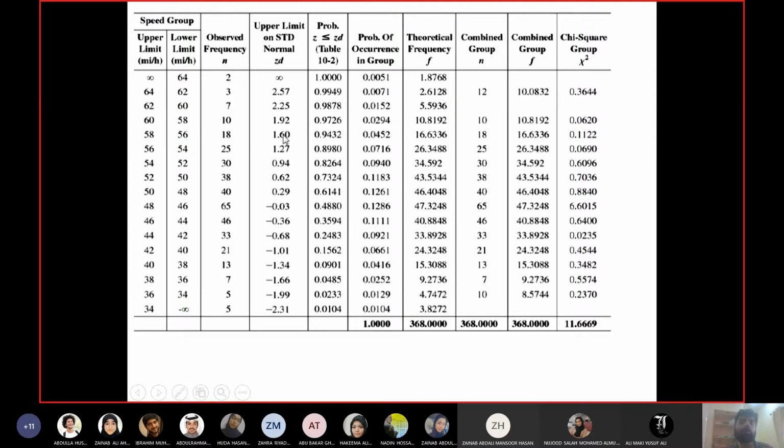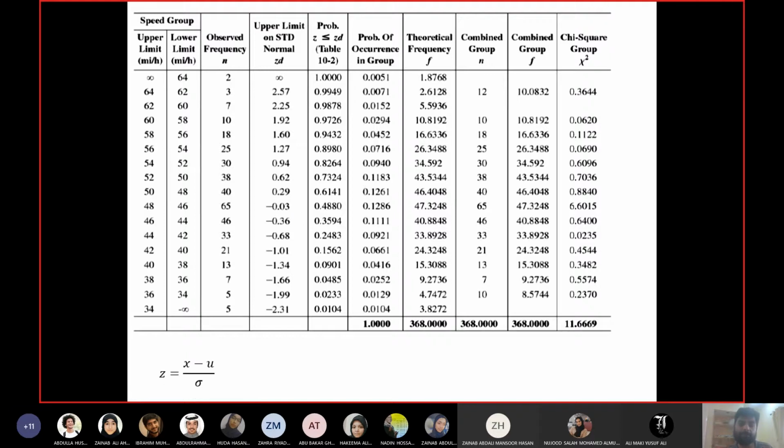Okay. Then you can see some negative values as well, but if you go to the z table, it is only containing positive values. Why? Because this is only half of the z table. The actual z table includes negative as well as positive values. So if you have the full z table, which you can find online or in any statistics book, it's very commonly available, then no problem.